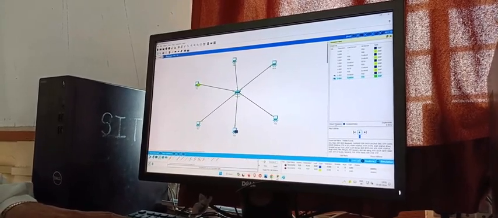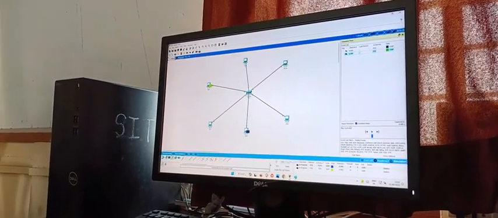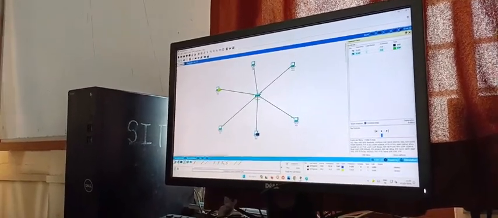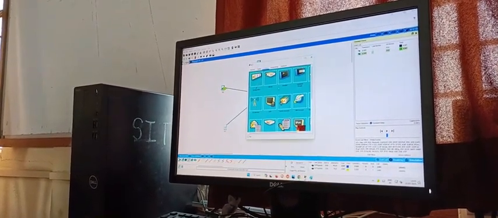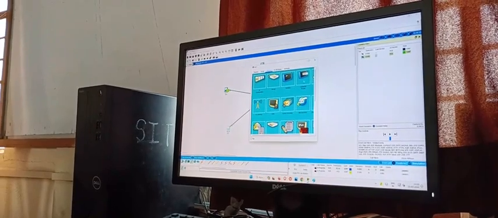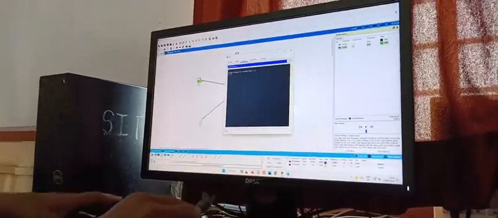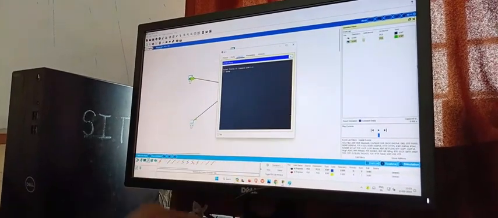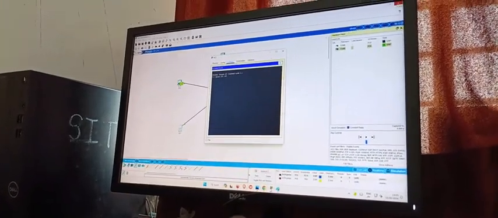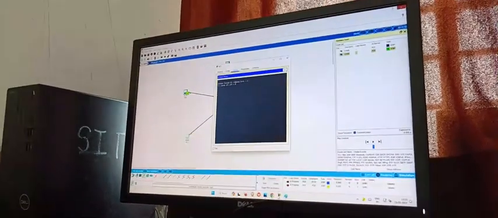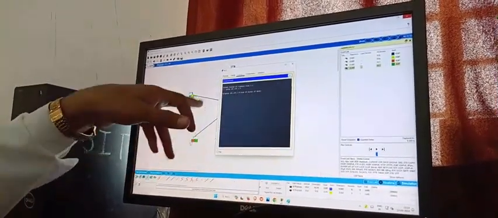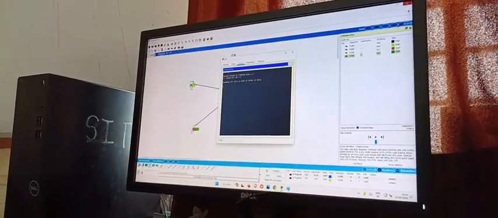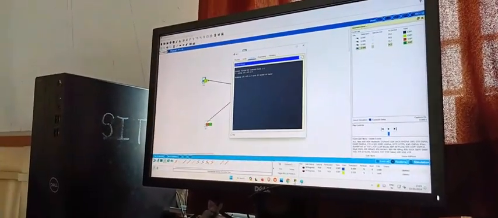Now another way the devices connected in the network can be tested is by using the command prompt. For that, simply click on the particular device, and there you get the command prompt. In that command prompt you can write the ping command: ping 192.168.1.5 and enter. It is pinging and giving the reply. Likewise it gives the reply, and until that device is reached, it will not show it to you, so the pinging is run.